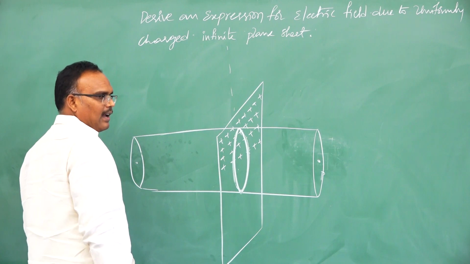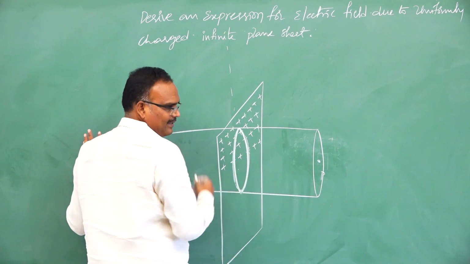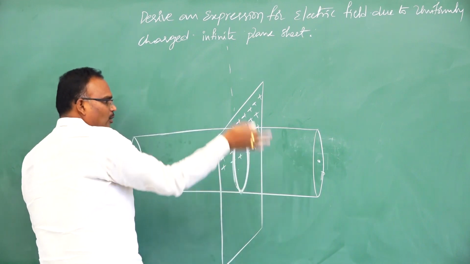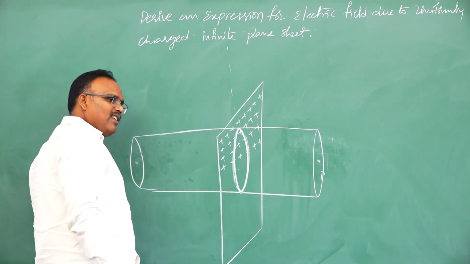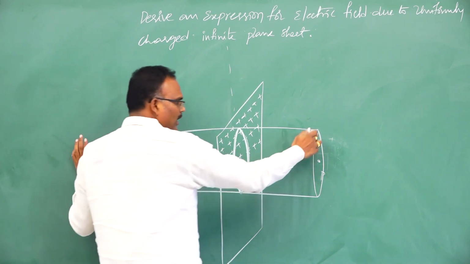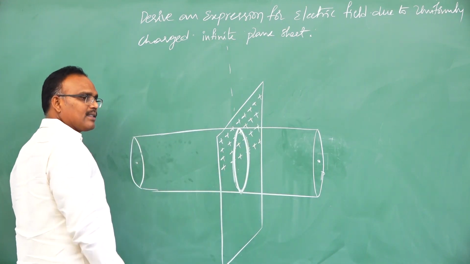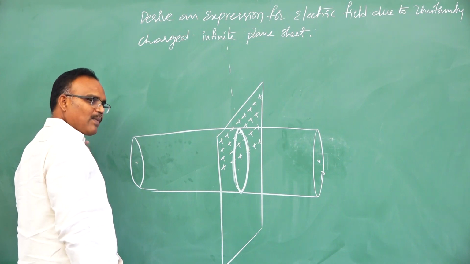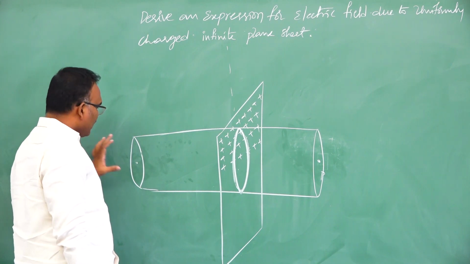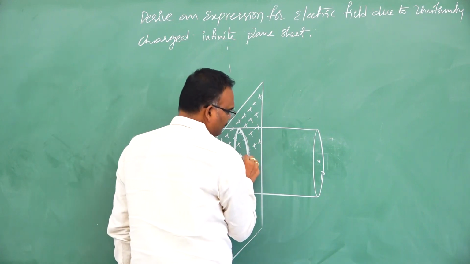Okay, see here, I need to realize the flux through the surfaces. For this cylinder we have a curved surface. Previously, in the case of the linear charged conductor, here is one circular lid and here we have another circular lid. But there, flux was passing through the curved surface and no flux was passing through the lids of the cylinder. But whereas here